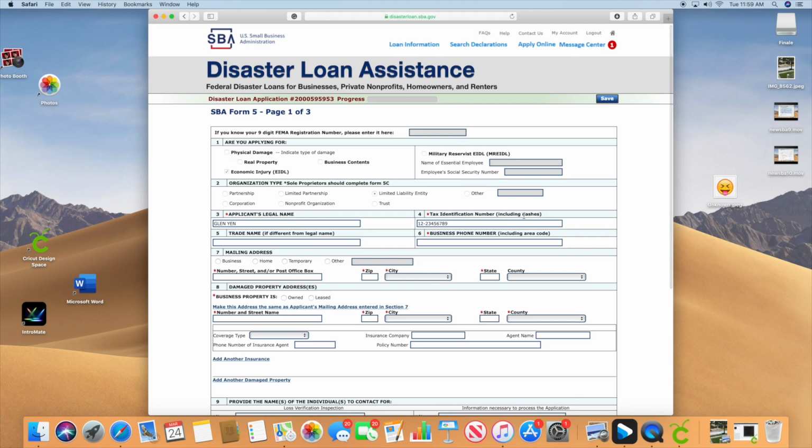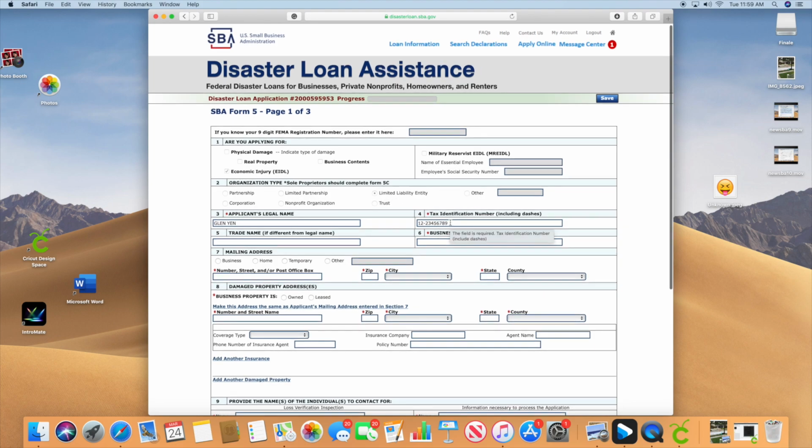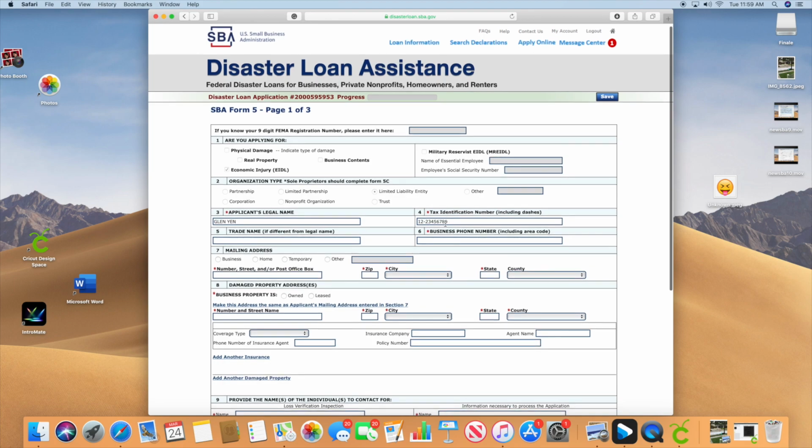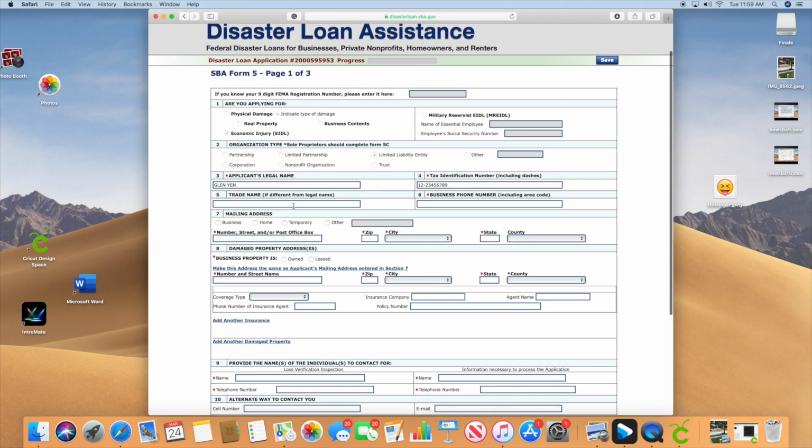If you were a sole proprietor, well, it's not on this application, you would have a different form and you would not have to enter your tax identification. But since we clicked LLC, we do have a tax ID. If you do not have a tax ID, you need to go to irs.gov and apply for a tax ID. Super easy, and you'll get it immediately. So get your tax ID or EIN so that you can do your application.